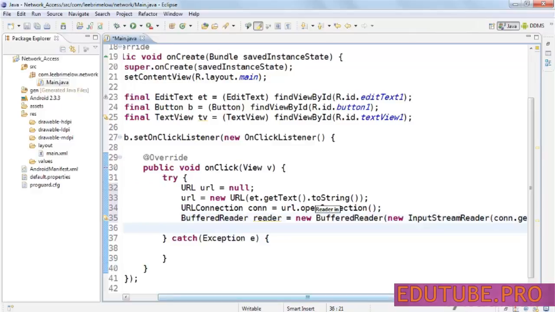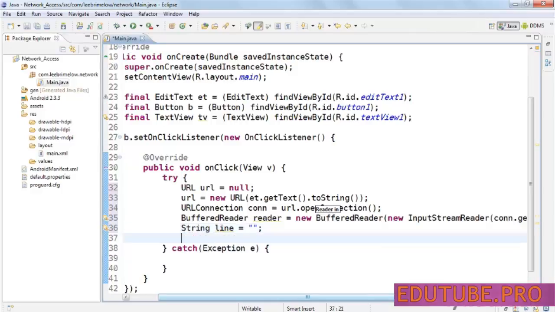So first I'm going to create a string property here, and I'm just going to call it line, because this is going to contain each line of data that's in the file. So we're going to iterate over it line by line. So I'm just going to make an empty string here. And now we're going to loop through and get all of the text that's out of that stream. So I'm going to say while line is equal to